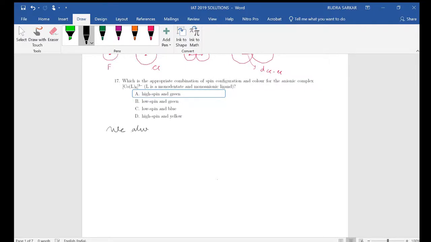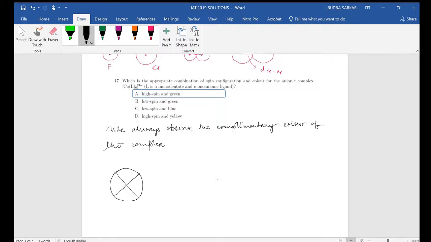we always observe the complementary color of the complex. Okay, that is what we see, which means what? So for this we will need to consider a color wheel, and I will make some divisions within it. Okay,